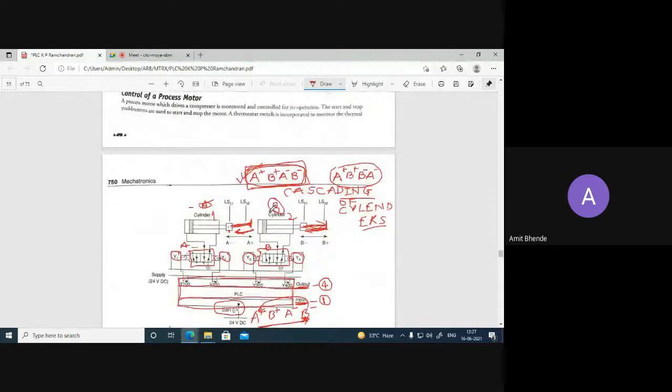Now, the first thing you should understand is what the problem is, what the sequence of the cylinders is that we require, and how many input devices and output devices we need to control by using the PLC. Because unless you understand the sequence, you cannot develop a logic.